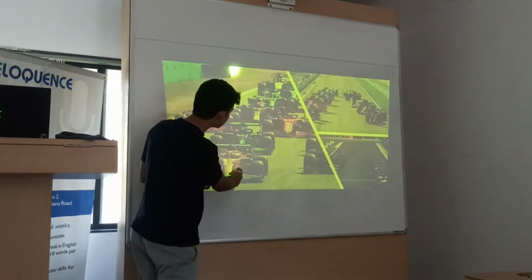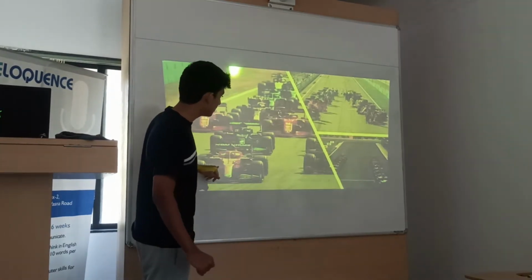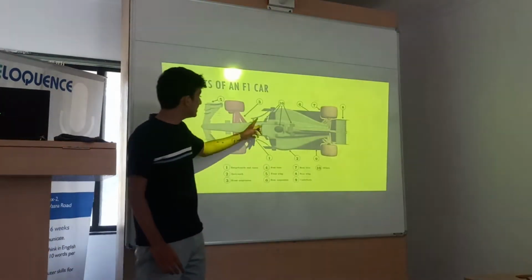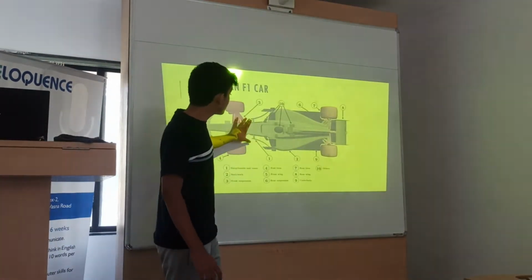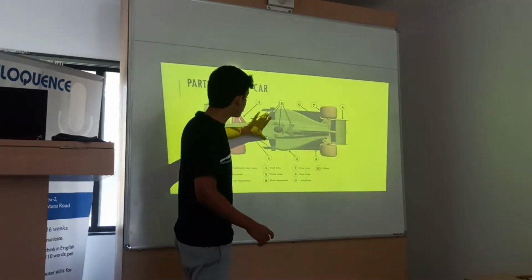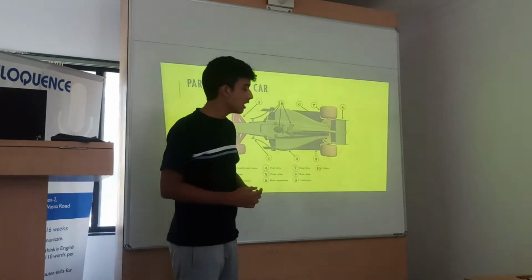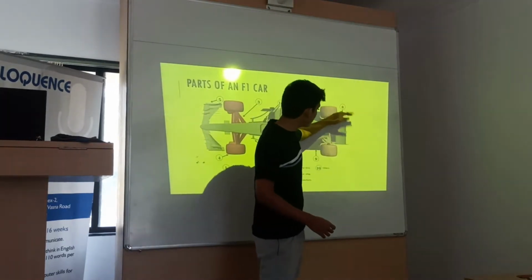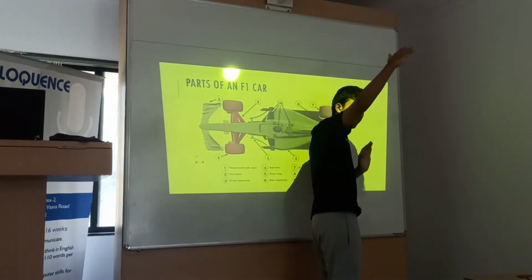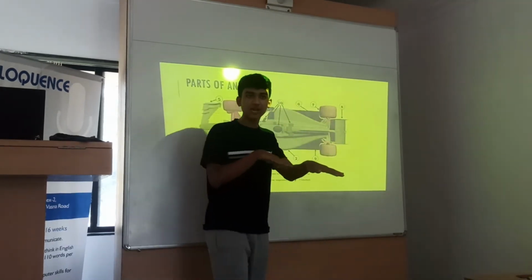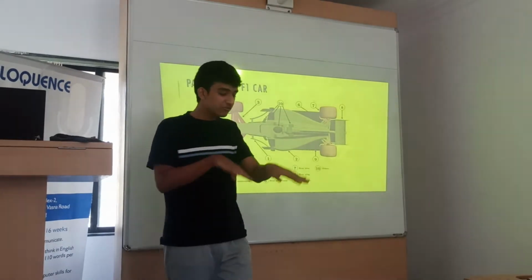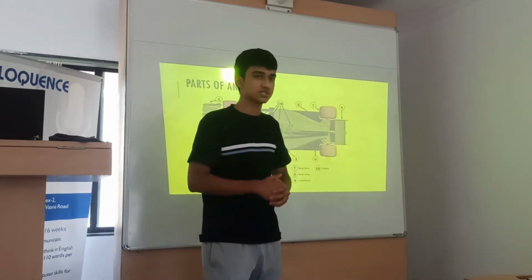Over here, as you can see, the barge boards might not be very visible, but can you see these barge boards? They cause the most disruption of air when it passes through. So these barge boards have been eradicated this year, and the front wing has also become more upward. So instead of the dirty air going straight to the back, it is pushed upwards. When a car is following another car closely, it is not hindered by this dirty air, which means cars can follow each other more closely in the corners.